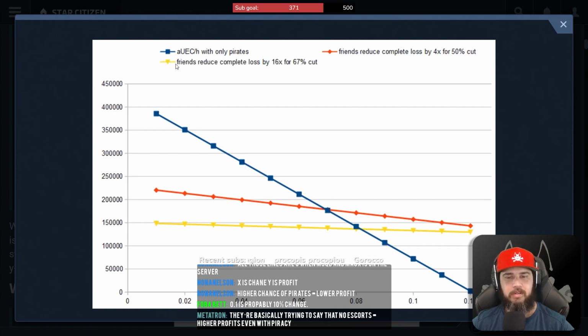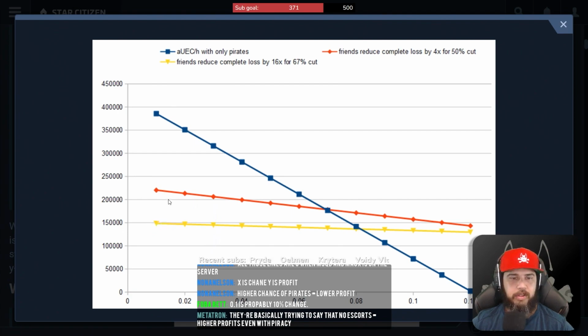Well, actually, I don't think they're saying that at all, because the blue line here is the amount that they're making regardless, you know, like without friends, you know, they call them friends. So even a 12% chance of a piracy encounter means that you're gonna get nothing out of it. I don't know how they came to that conclusion, but whatever. I think they'll still base it off old mate's data in the other one, which I don't understand their equation.